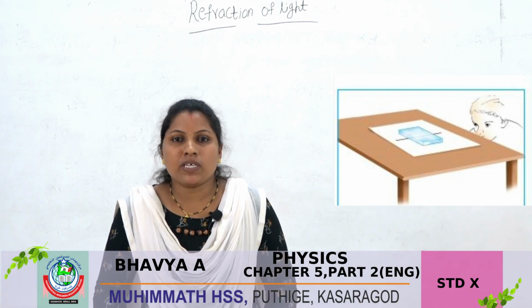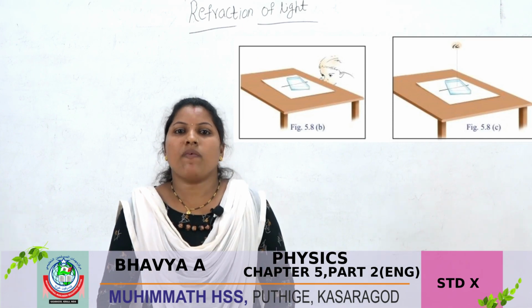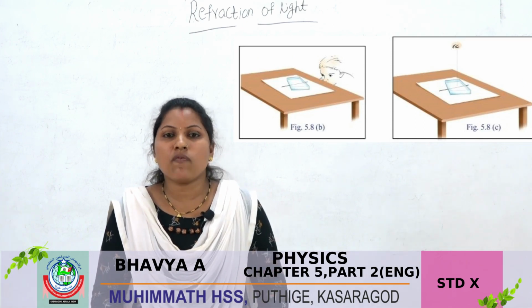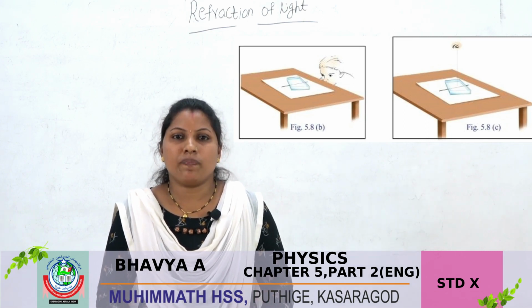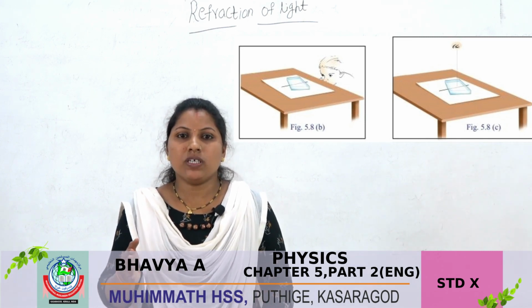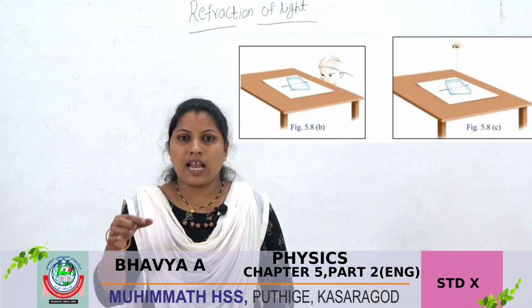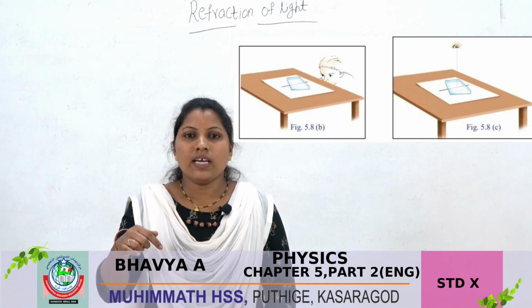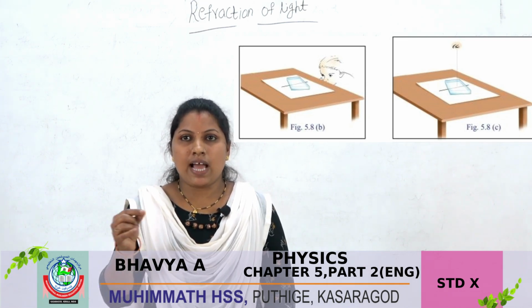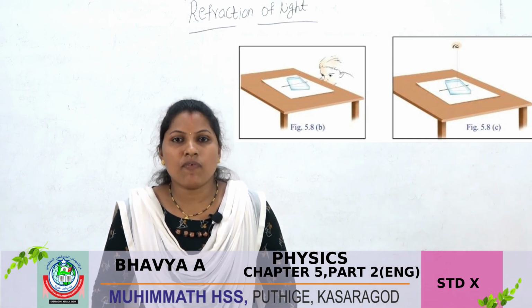See another picture, where he is looking from a cross direction. Why? Because due to refraction of light it appears to be a bent shape. See the next picture, he kept the glass slab on that line. If he sees it vertically, he gets that line as a straight line. It is due to the refraction of light.